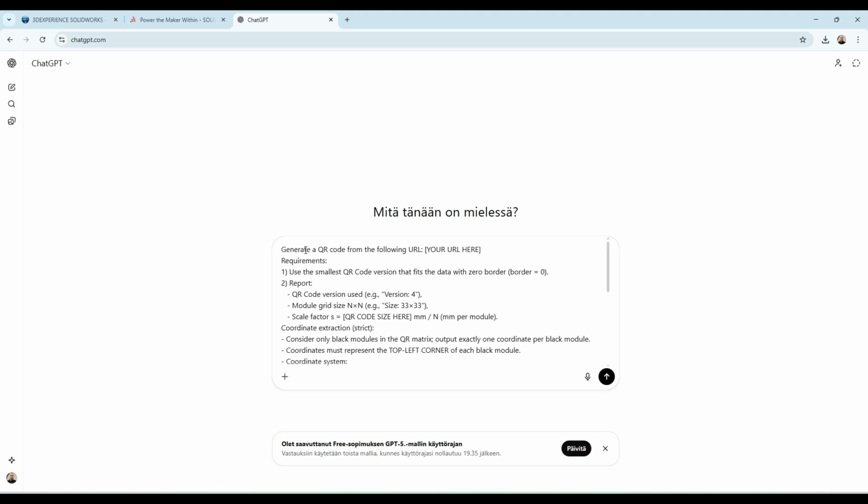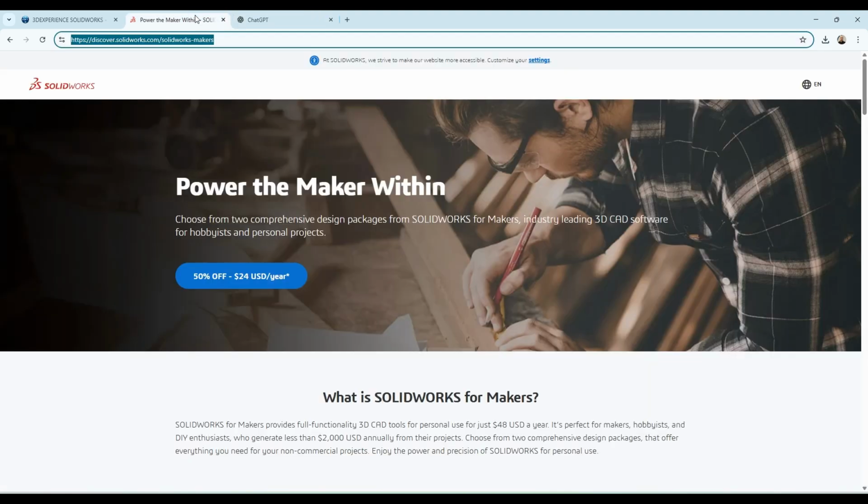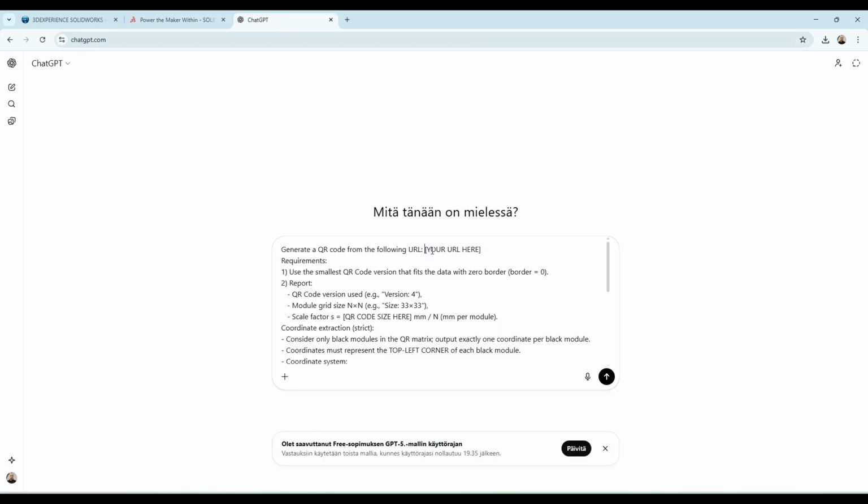What does this prompt do? Let's go step by step. Generate a QR code from the following URL. So you need to put your URL link here. Let's try SolidWorks Maker and paste it here.